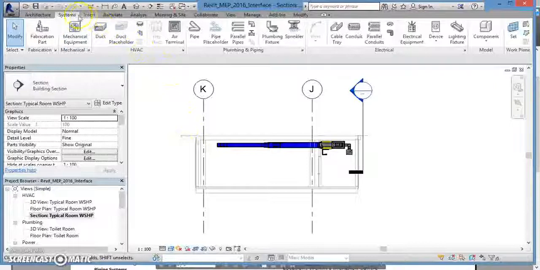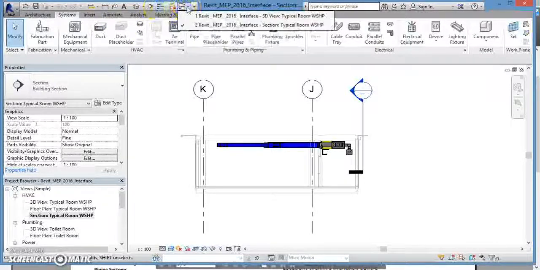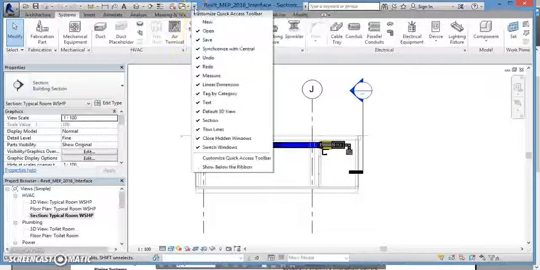At the very top of the screen, above your tabs, you have a quick access toolbar, which contains a number of extremely important tools. You can open new files from here, save your current file, take measurements, insert text boxes, move to 3D or sectional views, add thin lines, or switch between any windows that you currently have open within Revit. And at the far right of the quick access toolbar, you can click a drop-down menu that will let you